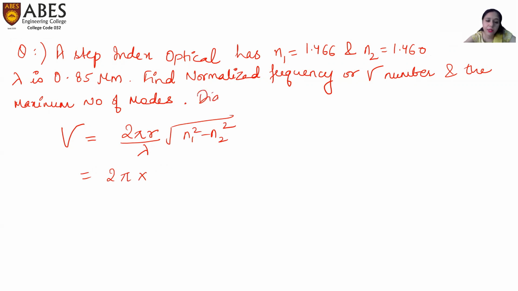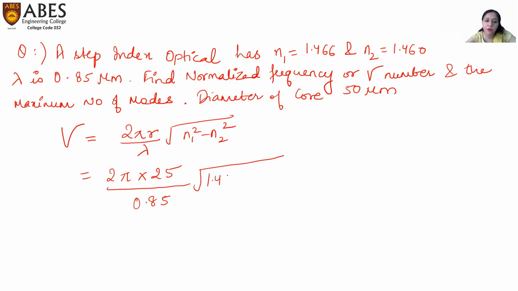Yes, the diameter is also given in this case. I forgot to write. So the diameter of core in this case is 50 micrometer. So the radius will be 25 micrometer. I'm not changing it for any other unit because in the numerator it will be in micrometer, and in the denominator the wavelength is also in micrometer, that is 0.85. So no need for any conversion. Under root of 1.466 square minus 1.46 square. So the V number or the normalized frequency comes out to be